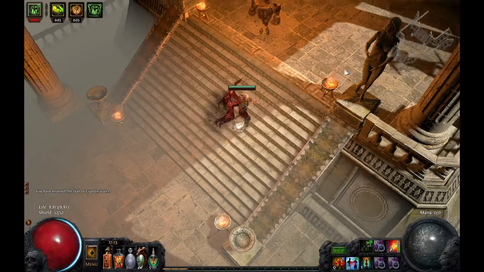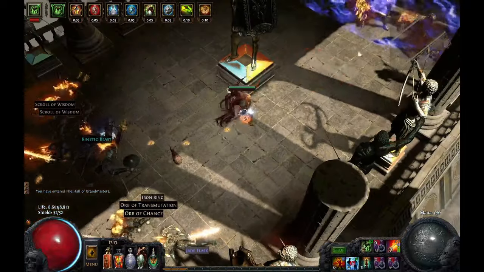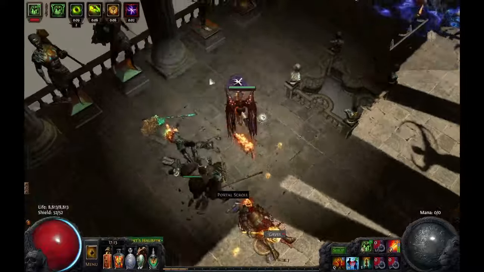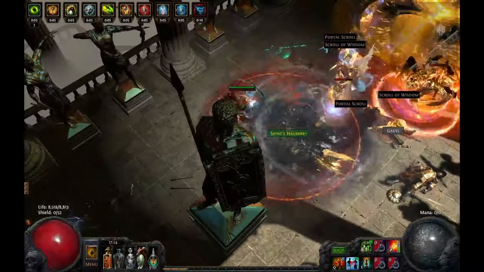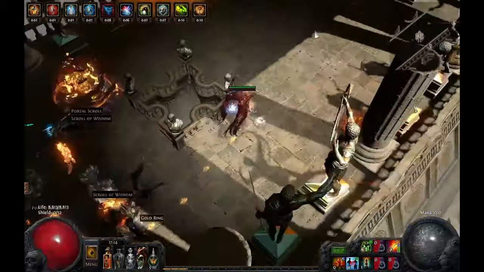Hi, Witness here. As you may know, Hall of the Grandmasters is one of the hardest maps in the game and can completely shut down the vast majority of builds. You know what that means? You can sell the Hall of the Grandmasters clear in hardcore for a lot of money if you got the build to do it. For a while I was selling Hall of the Grandmasters clears in hardcore, but I eventually